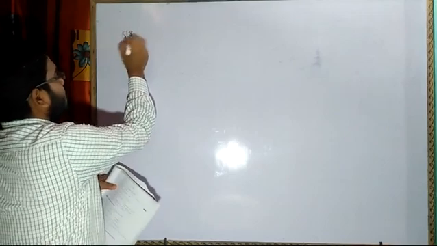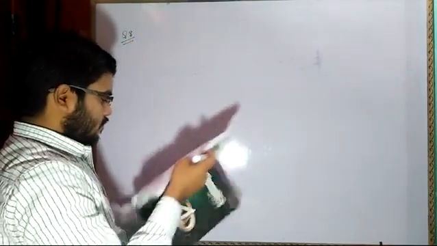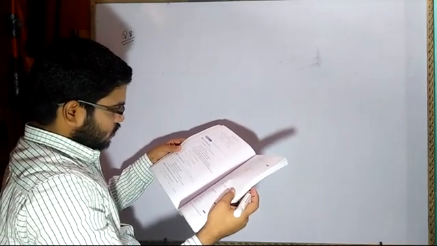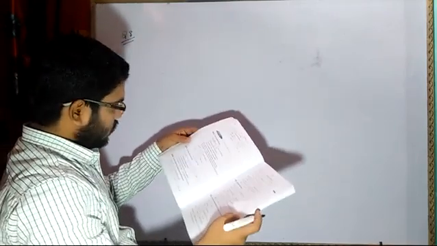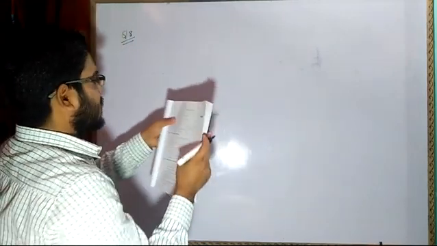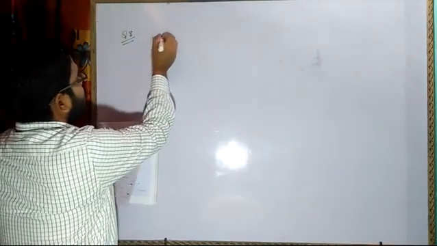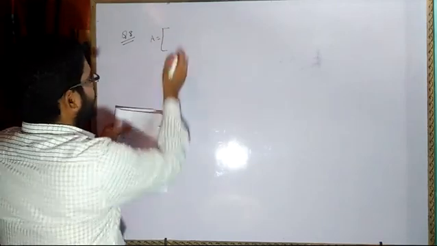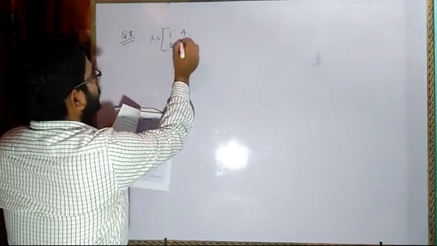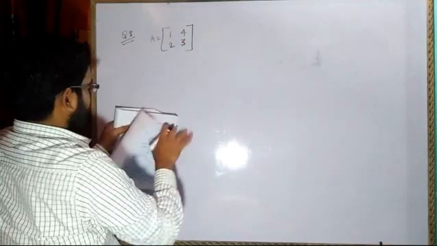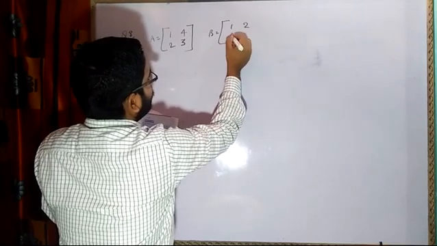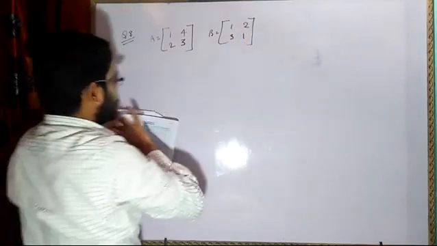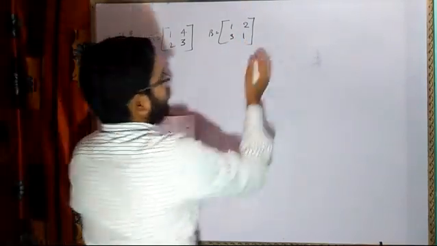Now here I will be discussing question number 8. All the questions are very simple and easy. I have gone through C. Question number 4 is also, you have to identify the matrix, name the following type, and then A minus B, A plus B. Question number 6 like that. And question number 8 says that if A is equal to 1, 4, 2, 3 and B is equal to 1, 2, 3, 1, then compute 3A plus 4B.